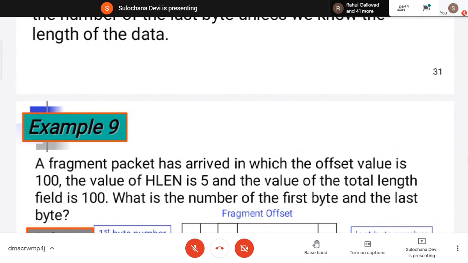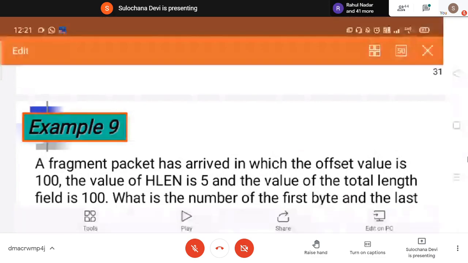Header length is given, total length is given, fragmentation offset is given. Header length is 5.